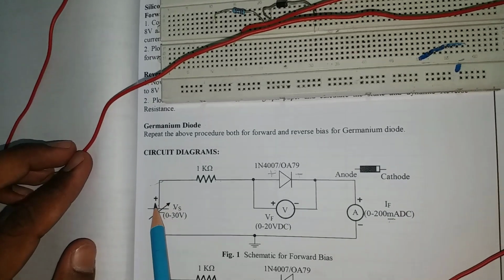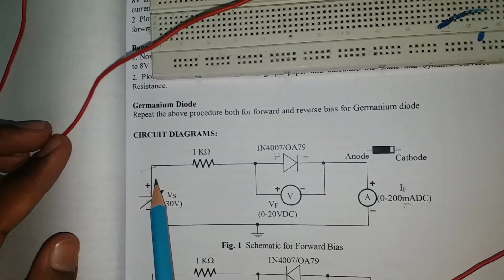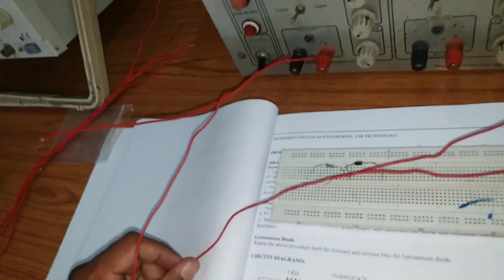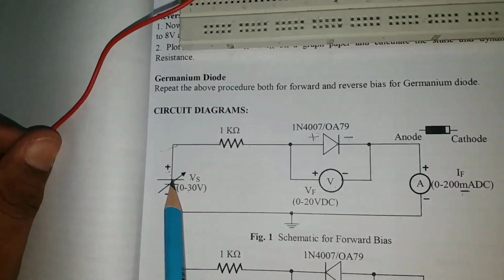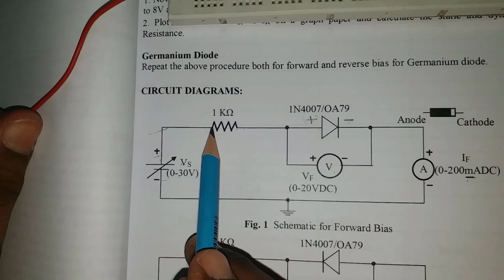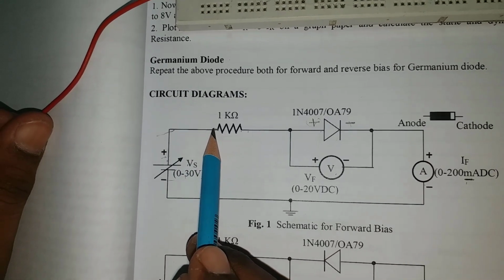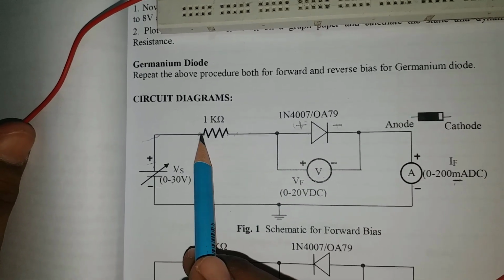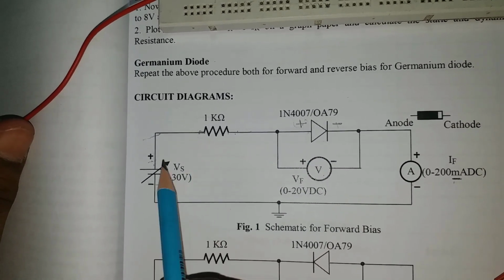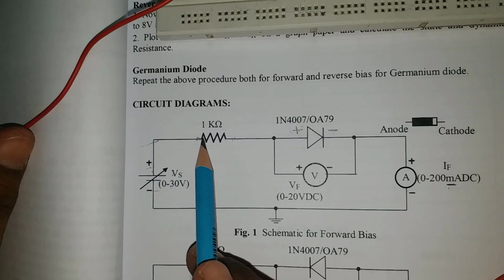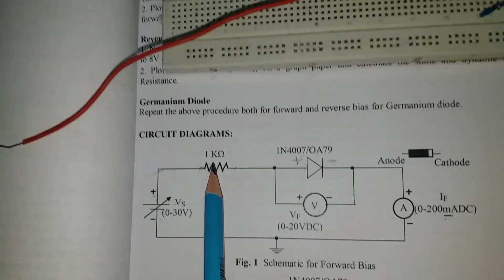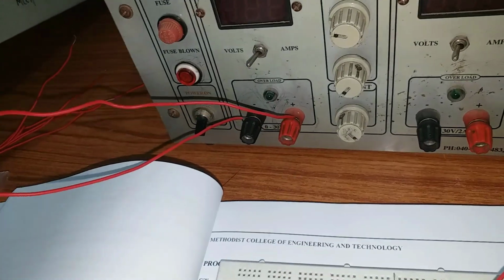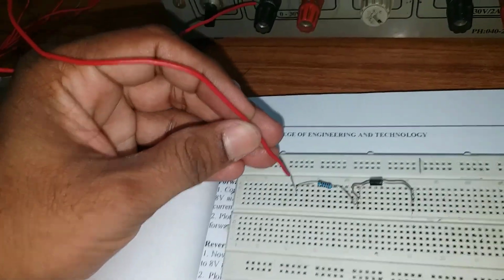Which polarity are we having here? Positive. Positive is nothing but the red one, the phase. So where is it going in the circuit diagram? It goes through the resistor front end. The back end is already connected to the diode positive, so you need to concentrate on the front end. So this regulator power supply positive wire is going to the resistor front end. If you observe here, the regulator power supply positive is going to the resistor front end, nothing but this one.